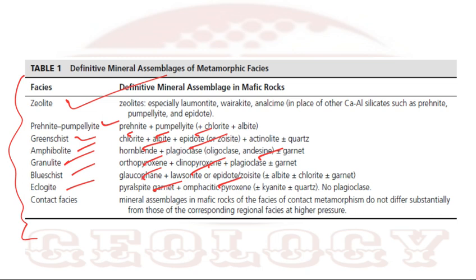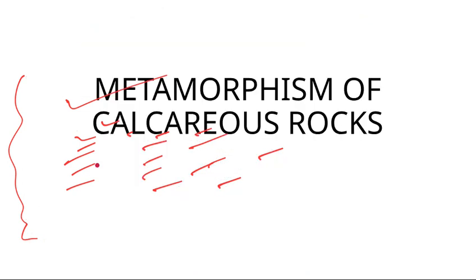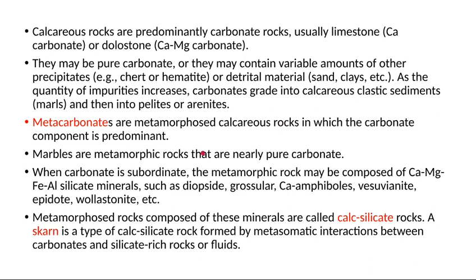I am just teaching you the progressive metamorphism. Calcareous protolith means the rocks with carbonates, or you can say limestone, dolostone, dolomites. When calcareous protolith undergoes metamorphism, either contact or regional, our main importance is contact metamorphism, because the contact metamorphism of calcareous protolith